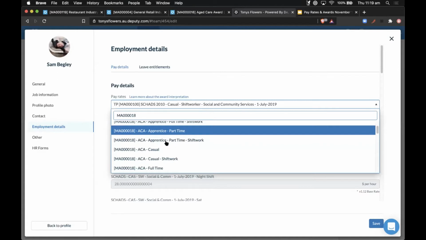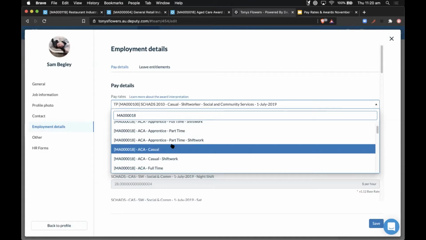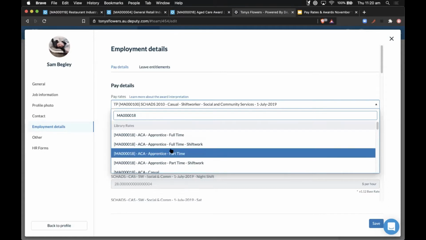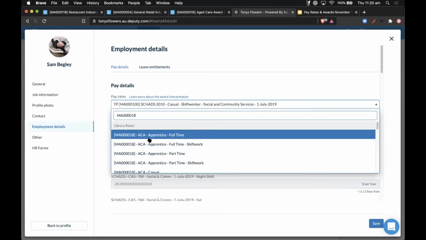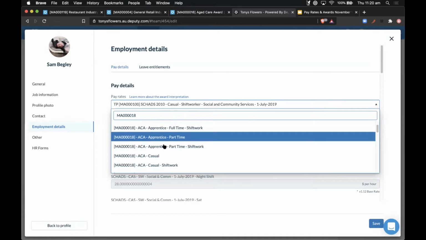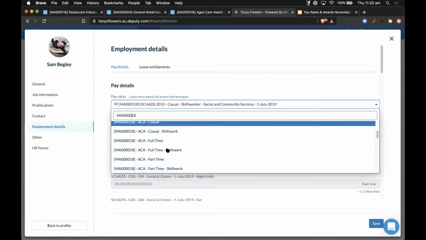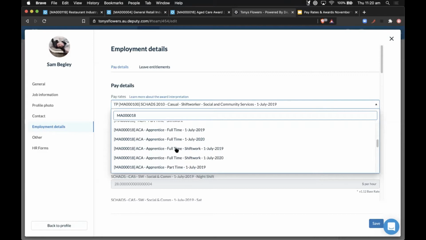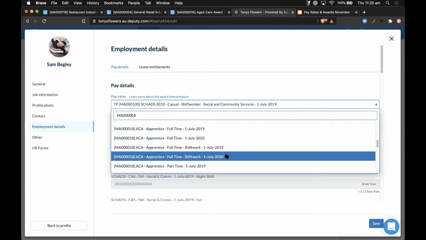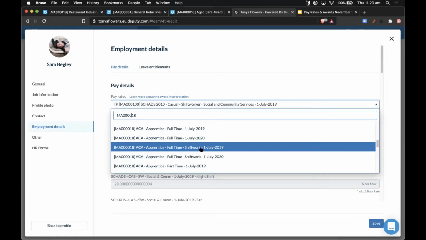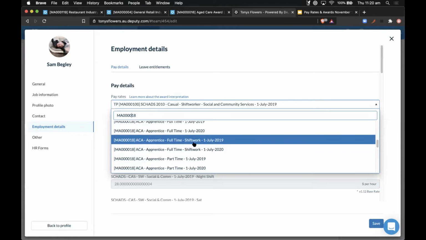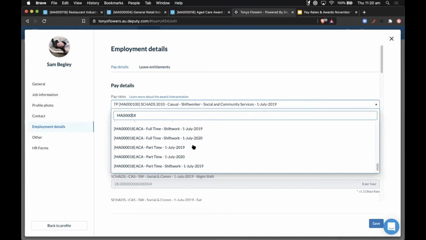So Fair Work is always a really good source of truth to help you figure out where you need to find this stuff. But as you can see, even though I've been very specific with the award I wanted to look at, there's a ton of different versions. You've got apprenticeship versions, casuals, full-timers, and then you've also got dates to find the most current, and then the previous versions as well. So I think this is really good to have a look at.